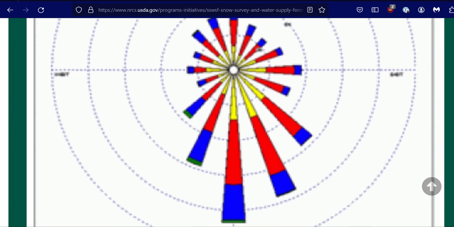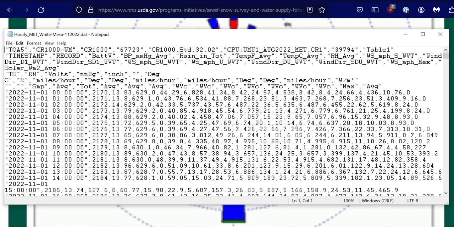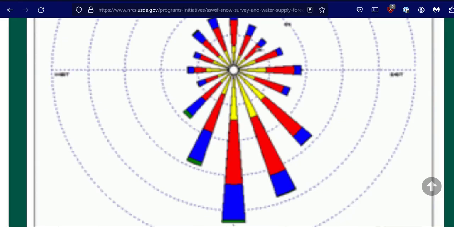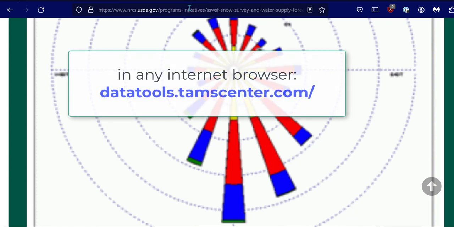But you have data that, after wrestling with this a while, you get into something like this: time, wind speed, and wind direction. So how do I make a windrose? Well, all you have to do is type in